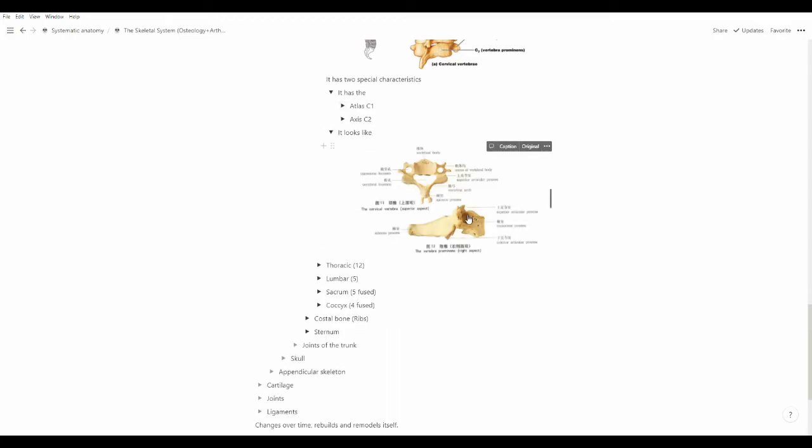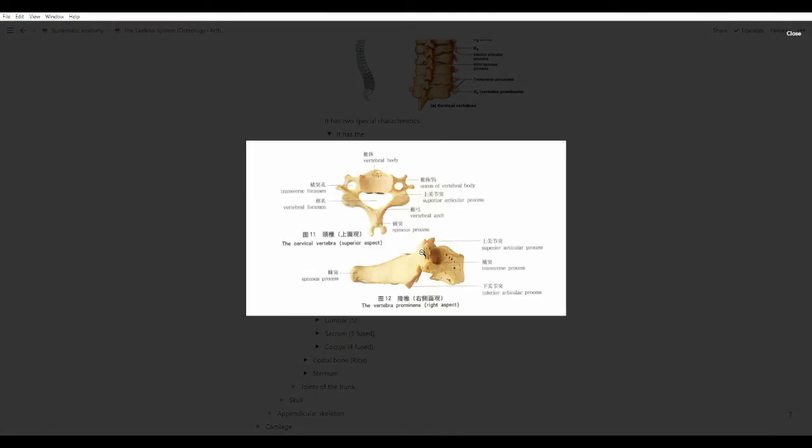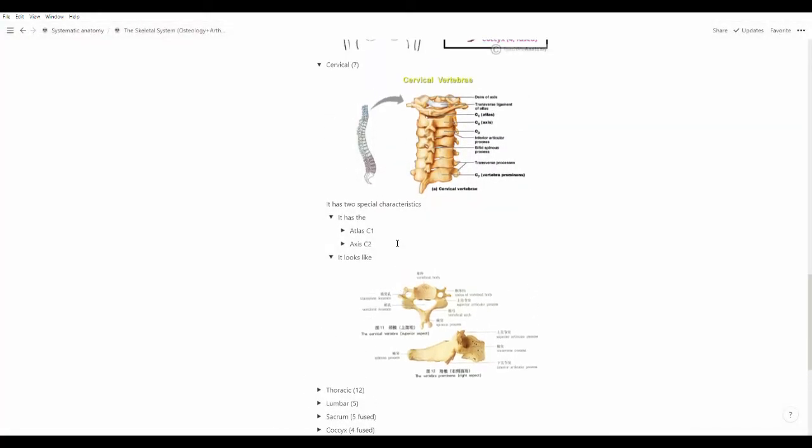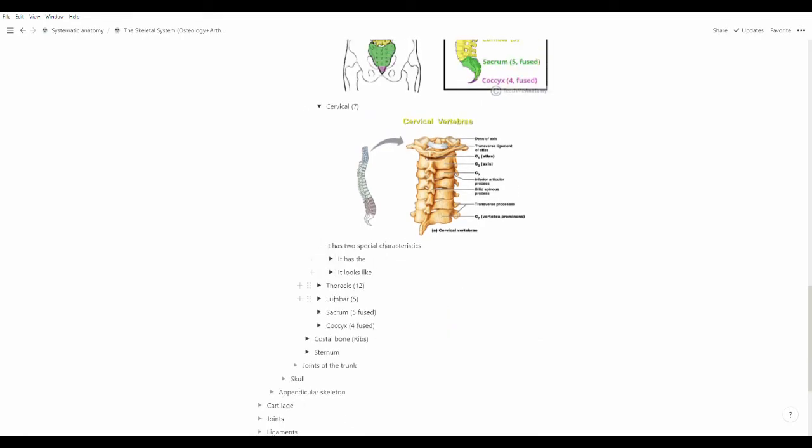It looks a little bit different from the thoracic and lumbar vertebrae, and this is because it has 2 foramens on its sides that the lumbar and thoracic vertebrae don't have. It has a transverse foramen, which, like I mentioned, is only special to this kind of vertebrae, the cervical vertebrae. Next up, we have the thoracic